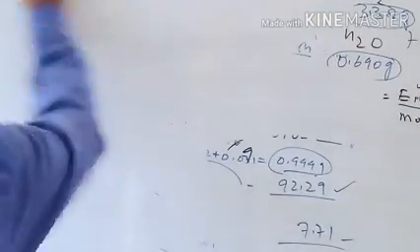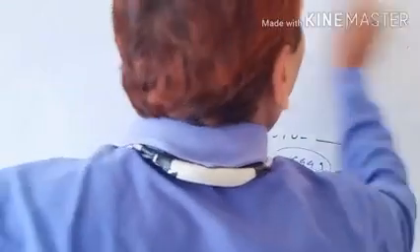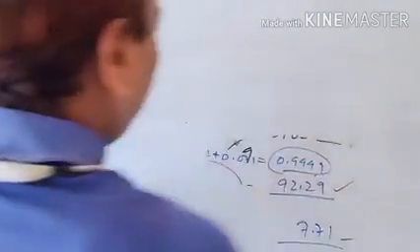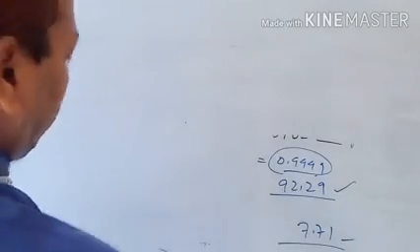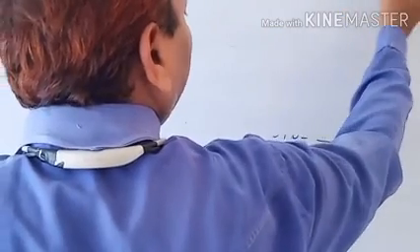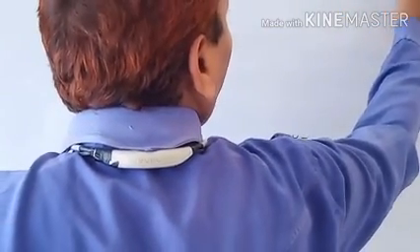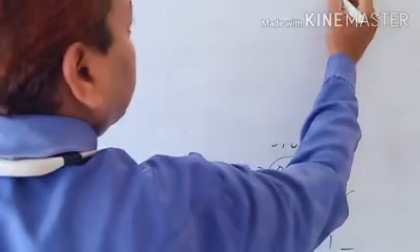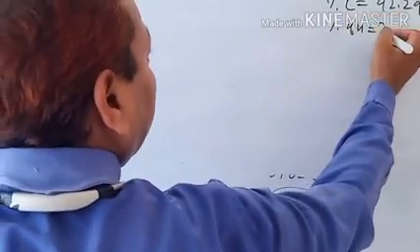So for the empirical formula, first we will draw a table, and don't forget to write this. On the right you have the percentage of carbon given, 92.29, and the percentage of hydrogen given, 7.7. Okay, this we have calculated. Now I am rubbing all this out and designing a table.